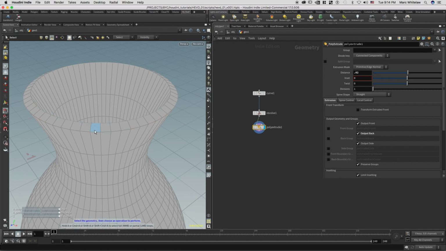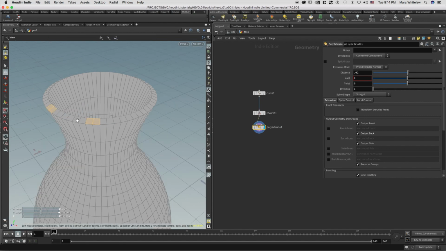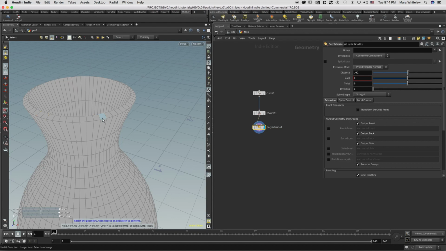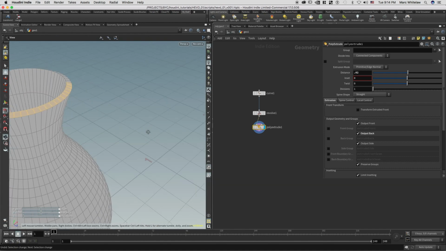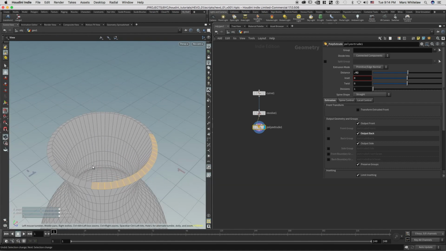So if we just hit S, and let's see, let's double click. So if I click a face, hit Shift and A, it will give me this ring selection. So I'm just going to check it there, and then let's see how far we can push this. So again, Shift and A, and from there it gives us how much range. Okay, let's click there. Keep holding down Shift and A, and we'll select this edge. Then let's just hit Tab, type bevel,